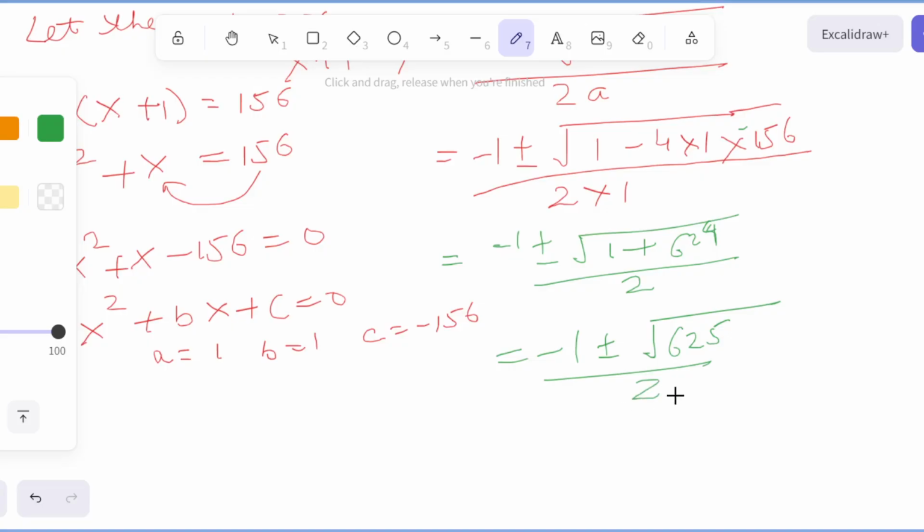divided by 2. Do you know what is the square root of 625, Nathan? 625. Yeah. What is the square root of 625? I think it's 25. It's 25. Yes. So this is going to become minus 1